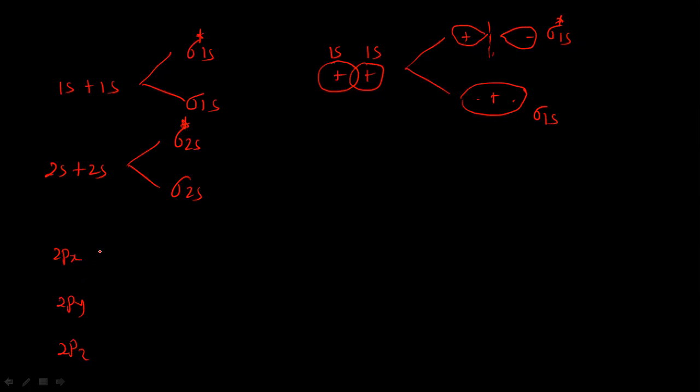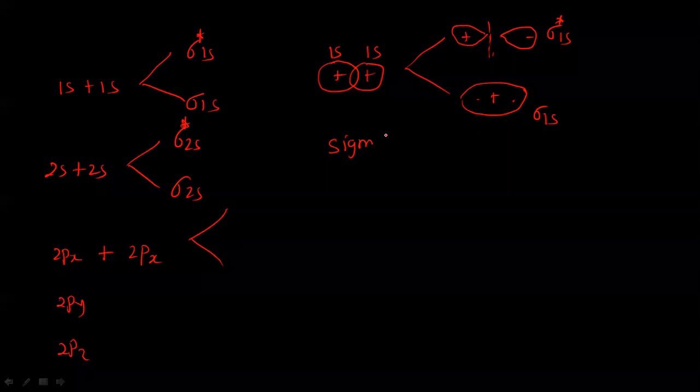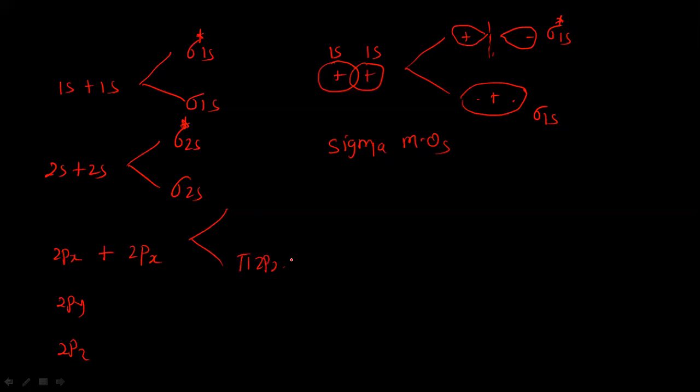But when the 2px atomic orbital of one atom overlaps with the 2px atomic orbital of the other atom, two molecular orbitals are formed. But those two molecular orbitals are not sigma molecular orbitals, because the 2px atomic orbital is not suitable for the formation of the sigma bond, which gives pi 2px, the pi bonding molecular orbital, and pi star 2px,